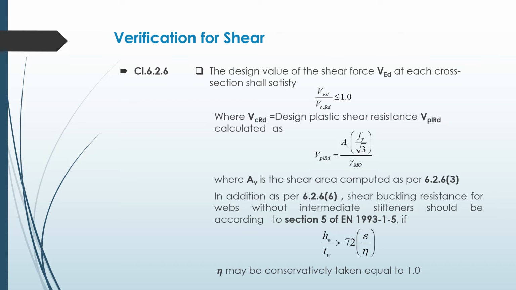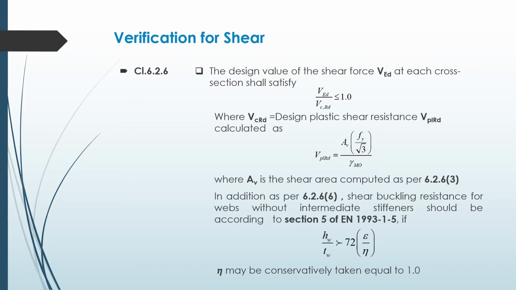As per this clause, the design value of the shear force V_Ed at each cross-section shall satisfy V_Ed divided by V_c,Rd less than or equal to 1, where V_c,Rd is equal to the design plastic shear resistance V_pl,Rd, calculated as V_pl,Rd equal to A_v into f_y by root 3, divided by gamma_M0. Here A_v represents the shear area, which shall be computed as per